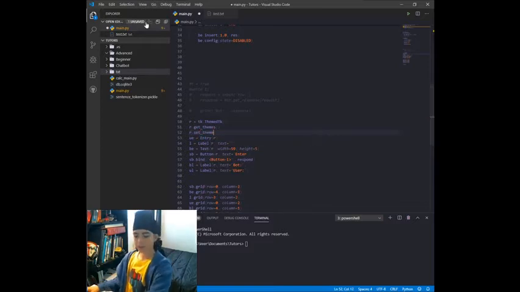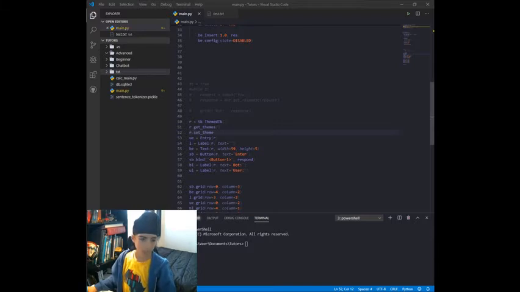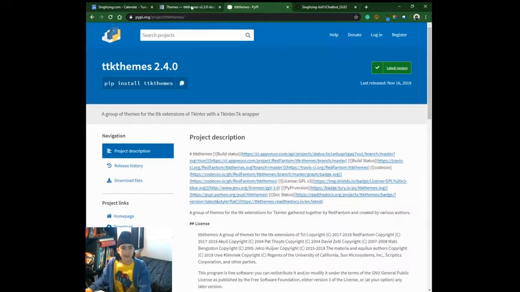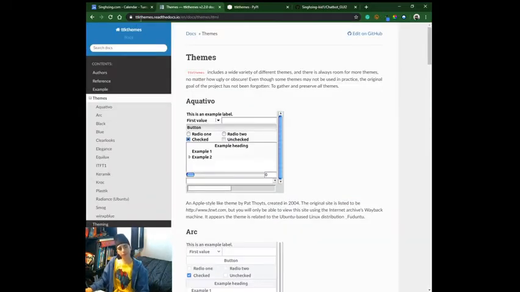And here I'm just going to save this file, and we're going to go back to our web browser, and we are going to look at the themes. So to find the themes, you just go to ttkthemes.readthedocs.io, and here are some of the themes. So there's themes like Aquativo. I think I'm pronouncing that wrong. I don't know. But it's an Apple-like style